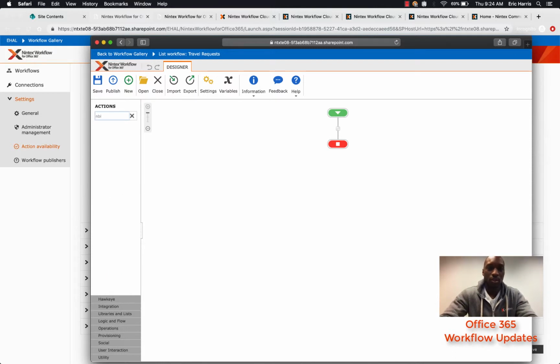So if I come back here in bit.ly, there we go. So now we see that actions available, and as a user they can drag it and use it inside of the canvas. Really cool functionality there, something that again helps with the governance piece, also helps with just managing Nintex